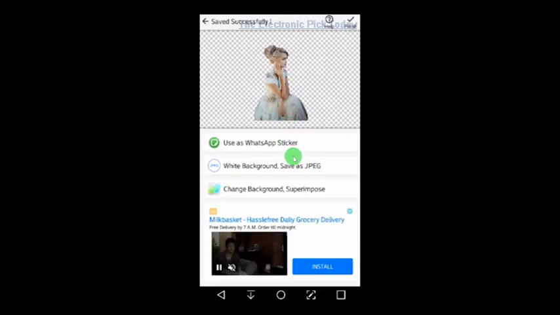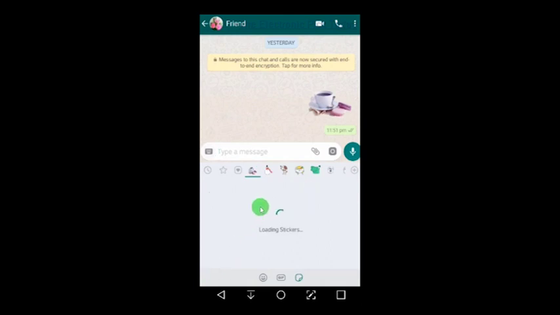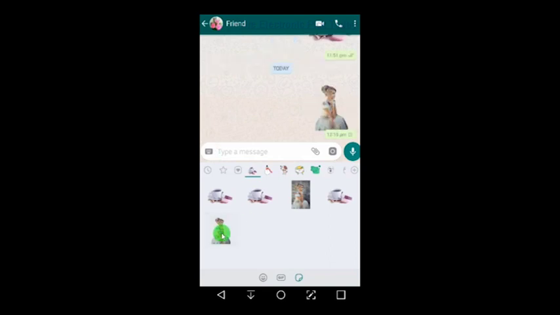Now the best part is, as soon as you click on save, the other application named personal stickers for WhatsApp would have already grabbed it from the gallery. Go to WhatsApp again, and then you can see the stickers refreshing there, and you can find your latest sticker there. And that's how you easily make your own WhatsApp